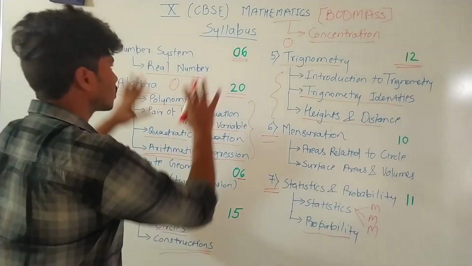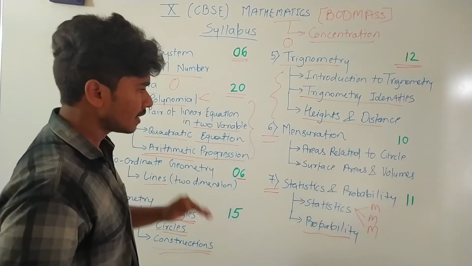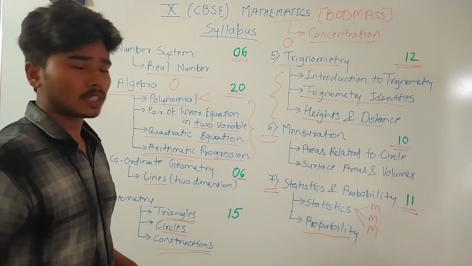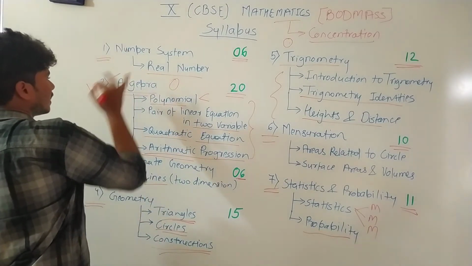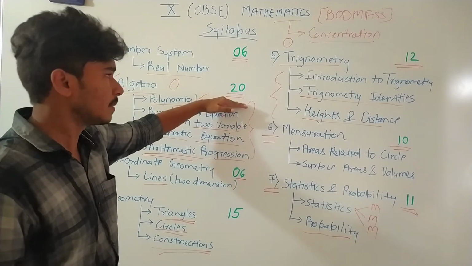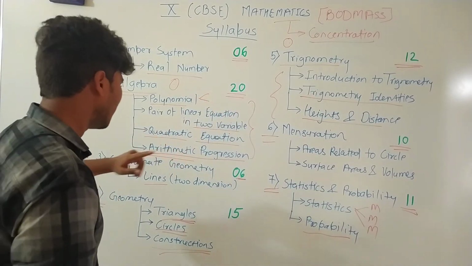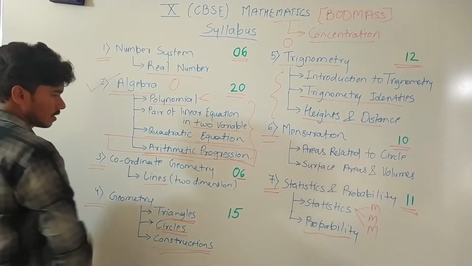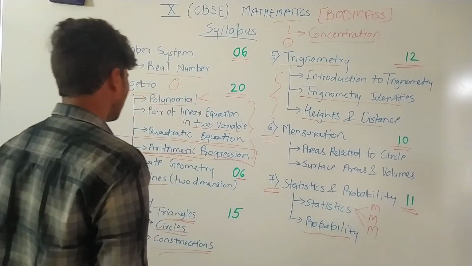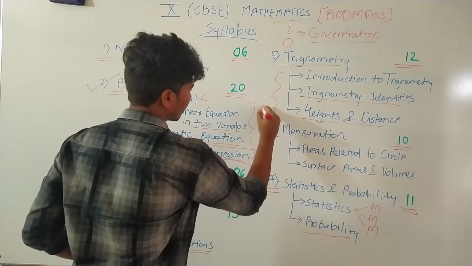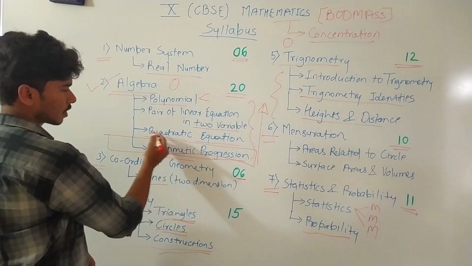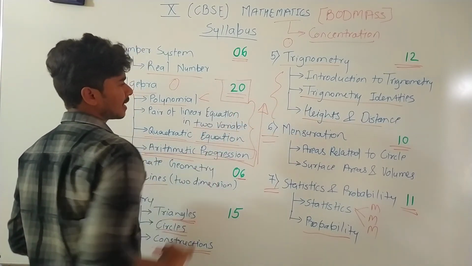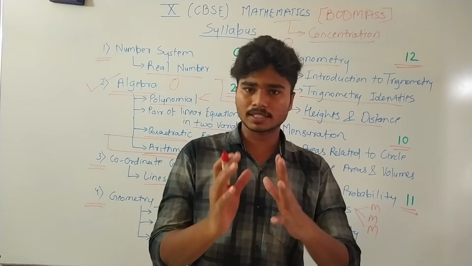Probability. So this consists of our syllabus of 7 units, and individual measuration is also 10 marks, and this is 11 marks. So we are going to learn, this is the most important, this is our 25% weightage of the syllabus. Then we are going to first start with arithmetic progression. This is our first one, we are going to learn arithmetic progression, and we go in reverse order. First we will learn arithmetic progression, after quadratic, then pair of linear equation, then polynomial. First we target to complete 20 marks weightage. Nothing but 25% of your theory subject.